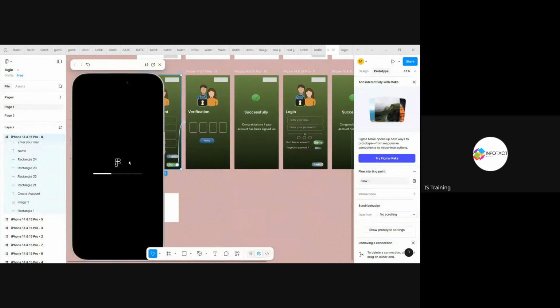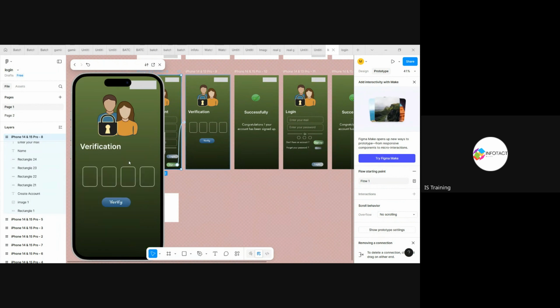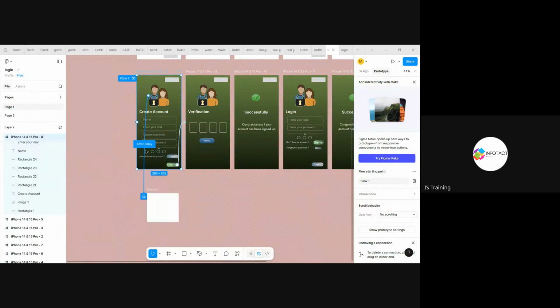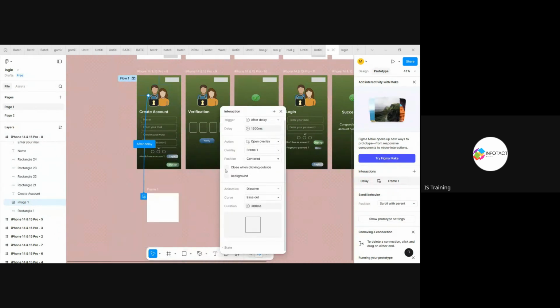Here you can see, after a point of time, whatever seconds we have chosen, it is automatically popping up on my same screen. If I want, I can change the background.